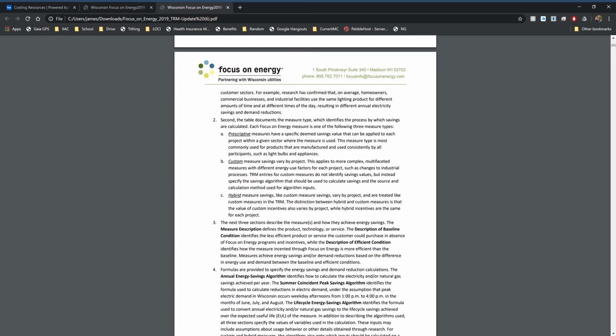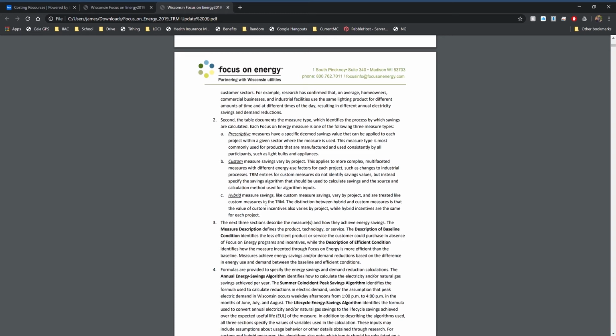applicable. Custom measures are measures where the ARs vary hugely in their costs, their implementation, and their savings. You can't really use default values or whatever you want to call them. You can't come here and say, oh, this AR should cost X amount of money. These are just too custom and too complex, and they're different for each application. And then hybrid is somewhere in between, but these are treated as custom measures. So they might have a little bit more